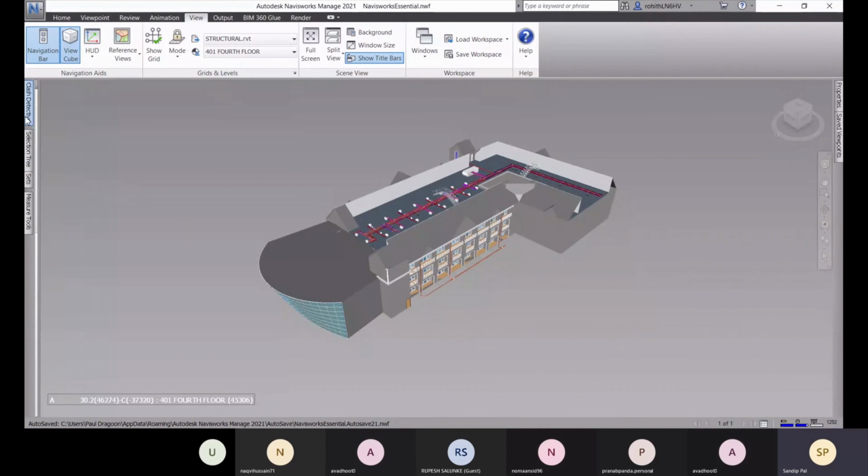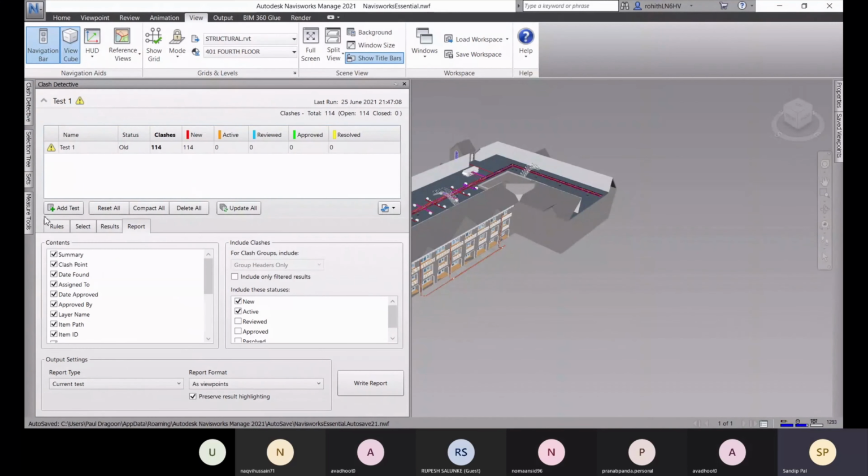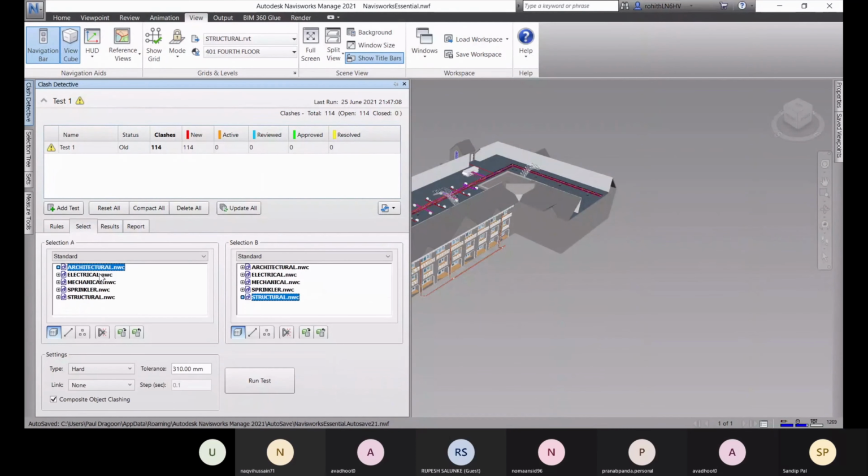So there, not only within a single file, we can run clashes between multidisciplinary files. So that's the better thing. And not only one on one clashes between two disciplines, we can run clashes between multiple multidisciplinary files. That's the better thing. Okay. All right. So this will help you to